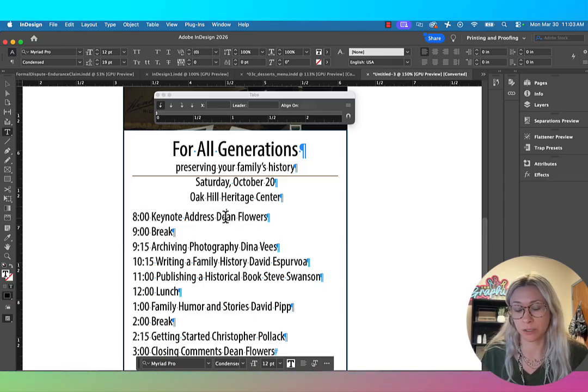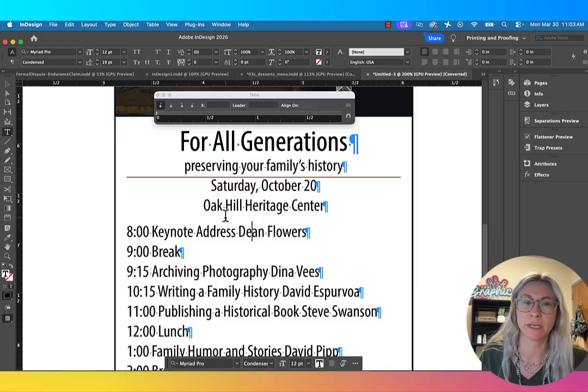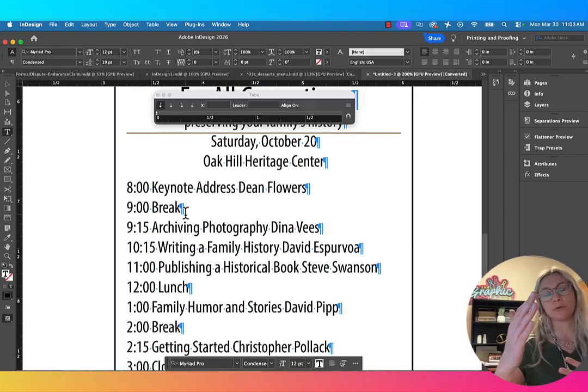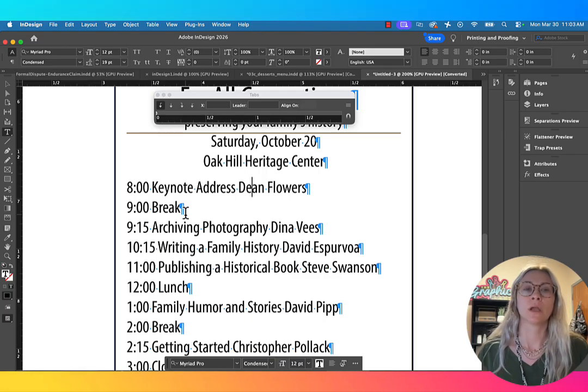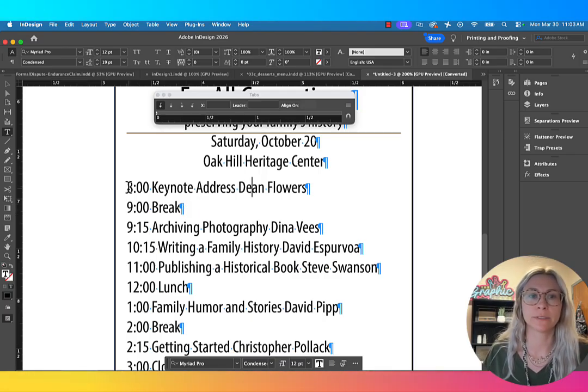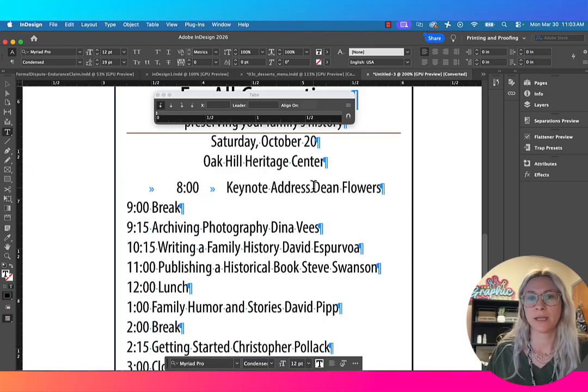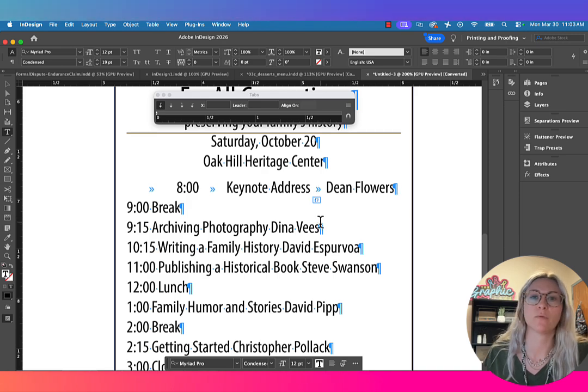Okay, now let's get to the important part, which is going to be the tabs. This is the stuff that we haven't gone over yet. Once you have your content typed in, you can go ahead and start setting your tabs. From my example, I know that there's going to be a tab before the 8. I'm going to get rid of that space there, replace it with a tab, and then put a tab right here before Dean